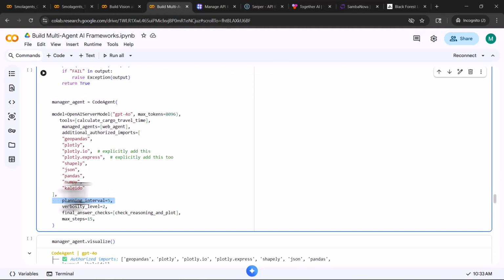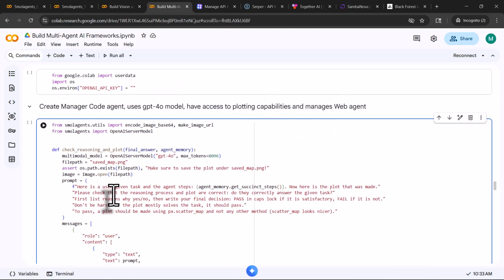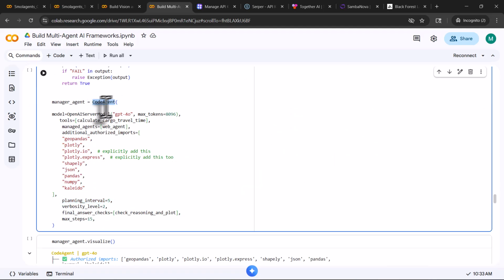and add a planning_interval to the mix. Okay. For our manager agent, which is again a code agent, we are providing tool access, that is calculate_cargo_travel_time. And it has managed_agents, which is the web agent. That is, the manager agent manages the web agent. Okay. And this manager agent needs to plot as well. Because our manager agent is a code agent, we can directly provide any Python packages to use. So that is one of the advantages of using a code agent. It's so easy to integrate any coding package,